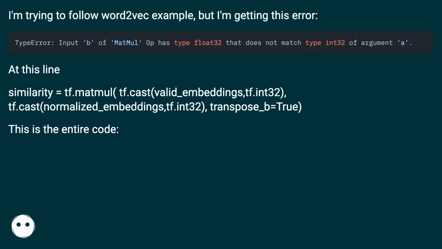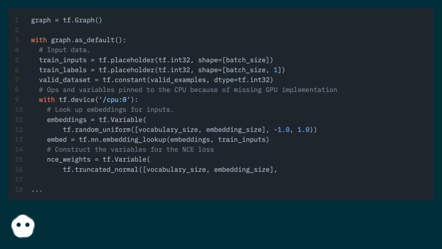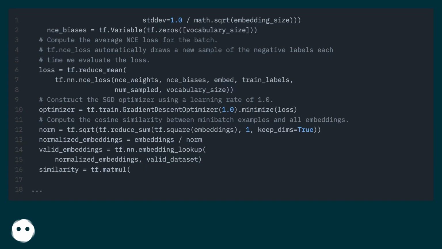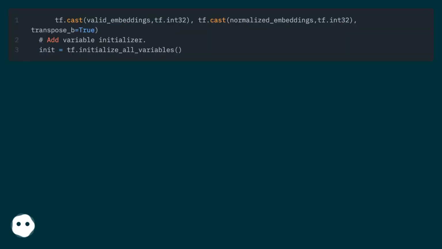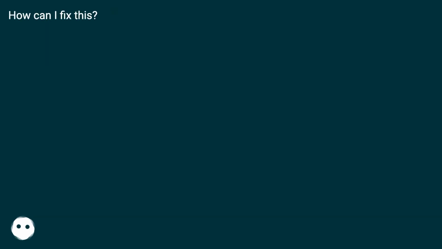This is the entire code. How can I fix this?